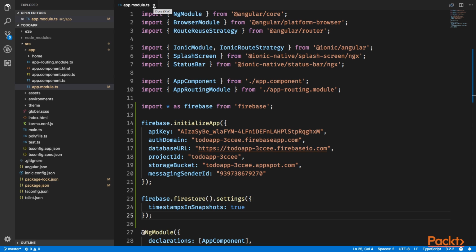Now that we have created this new Ionic application and configured it to connect to Firebase,